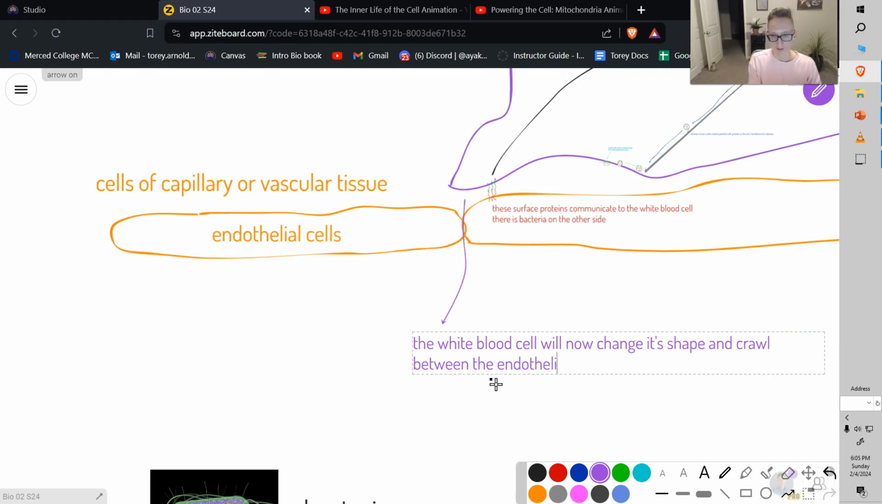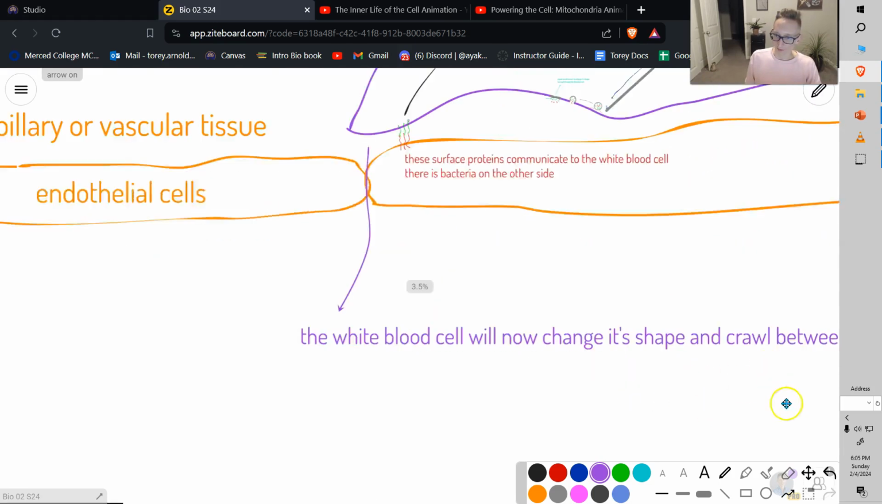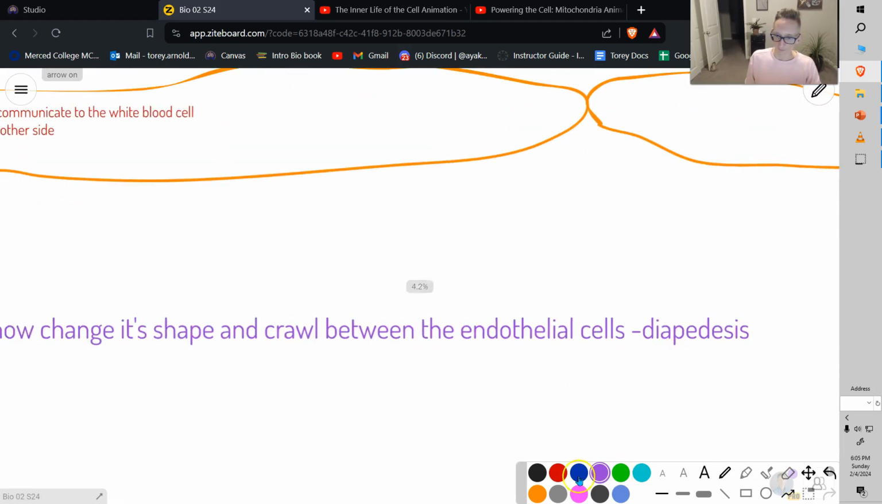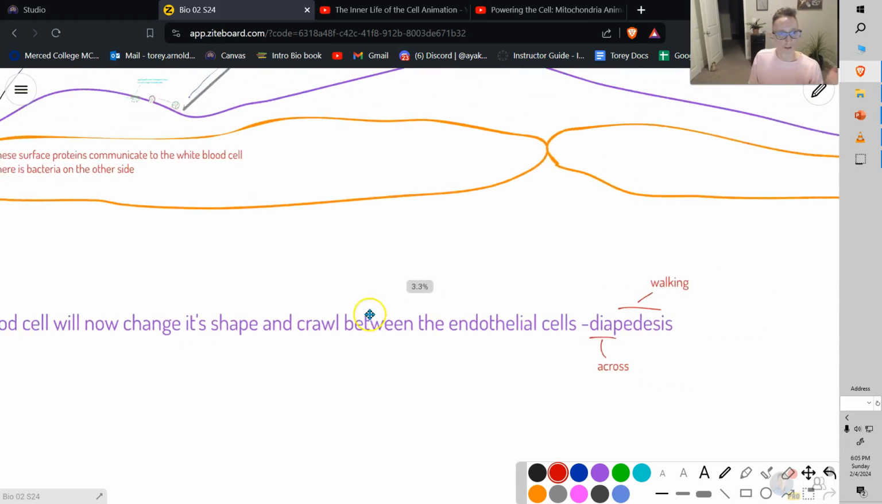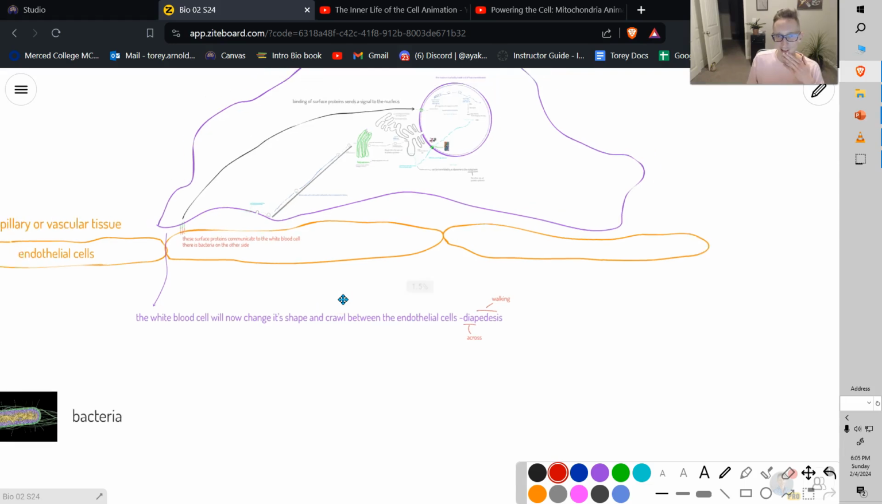the endothelial cells. It has a very special name. It's called diapedesis. Dia means across. And pedesis means walking. So the neutrophil will walk across the endothelium. Diapedesis means walking across. All right, and we'll come back in another video here and talk about the cytoskeleton, which is